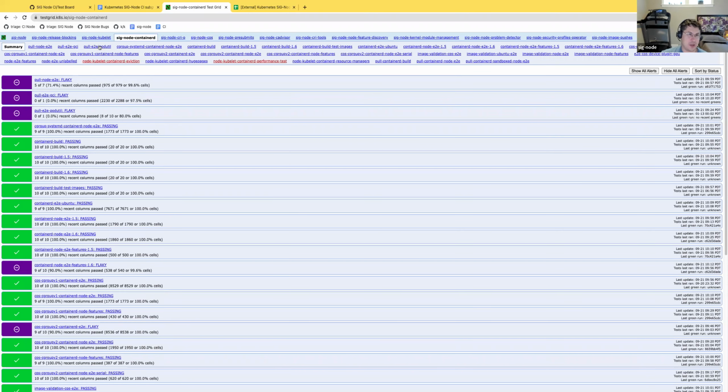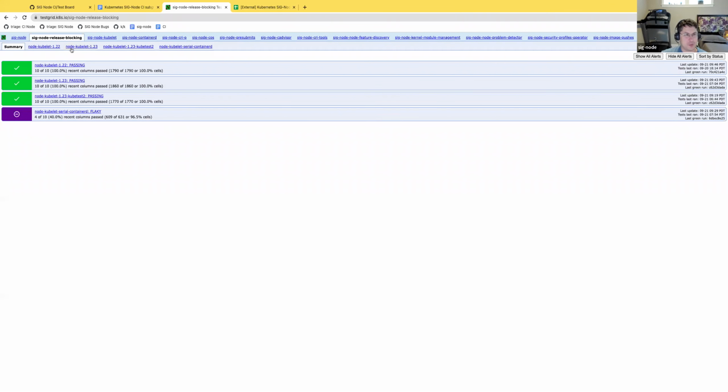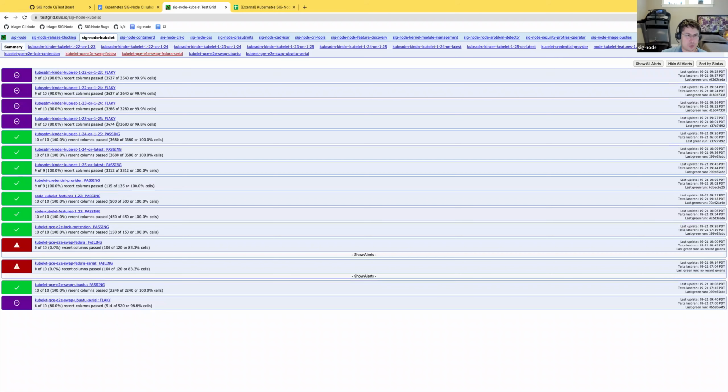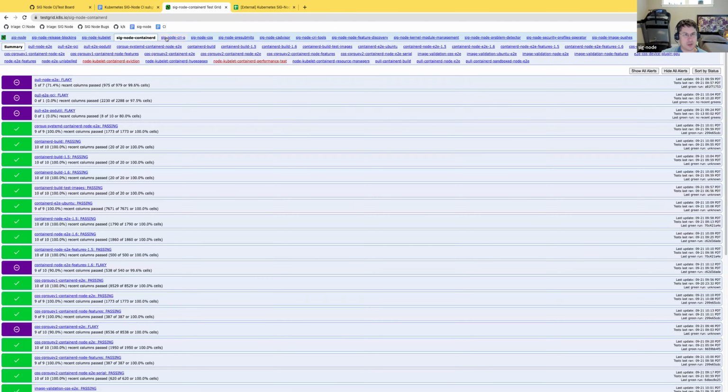My main idea is to clean up the release block, since it's the first thing people will look at. We need to understand who is in control here and what tests are being presented. And I want to migrate some of the containerd tests to kubelet. So when you look at kubelet, you have at least some understanding of what's going on, whether it is healthy or not. And then specifics will be on containerd and cri-o.